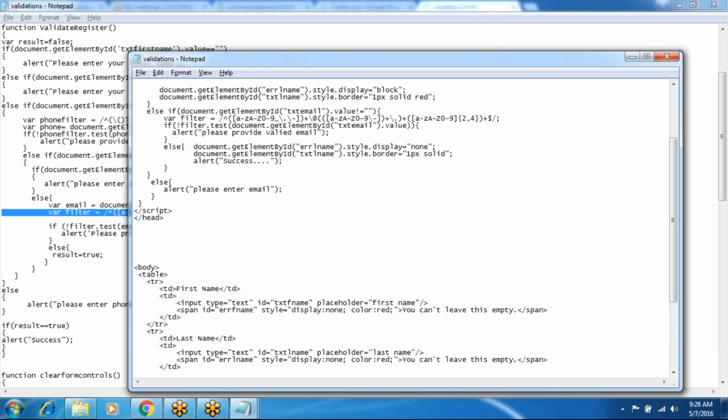So if the email text box is not equal to empty, the filter is applied, and the text box value must and should match this expression. Without matching this expression, it will display the alert box please provide valid email address. Otherwise, if the if condition is passed successfully, it will go to the next part, the else part.